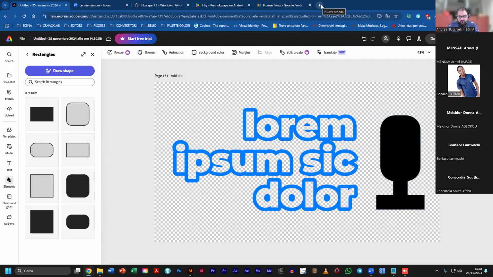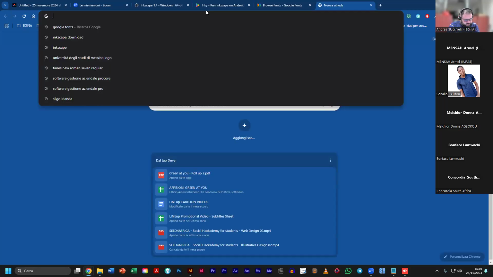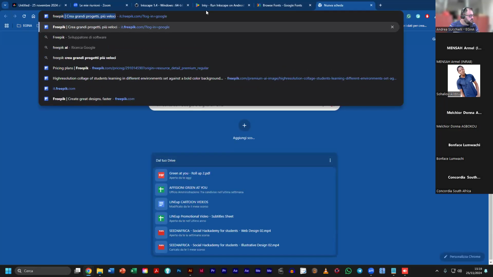Now I will show you some platforms where you can search for free resources to use in your compositions. That could be photos, videos, icons, and similar. The first one that I want to show you is Freepik,